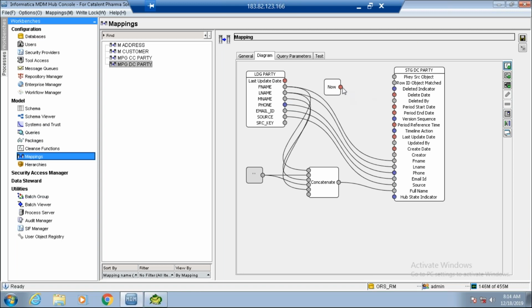Okay, so I'm just mapping my now to last update.